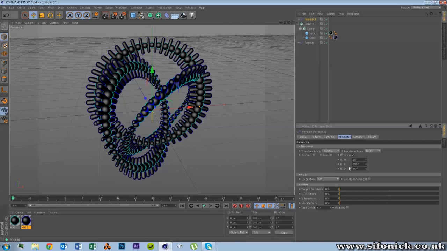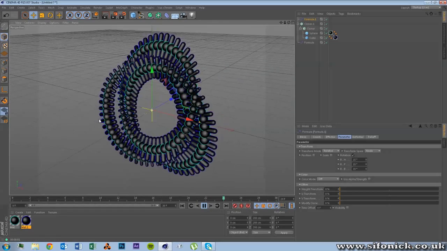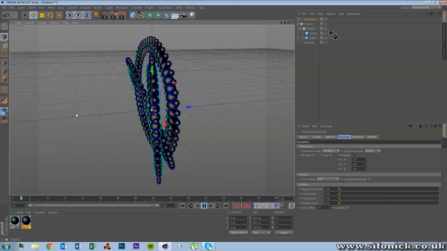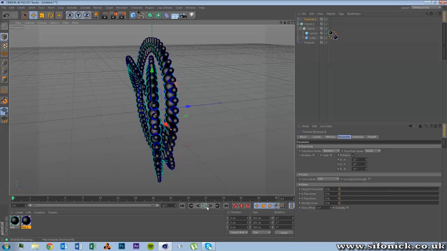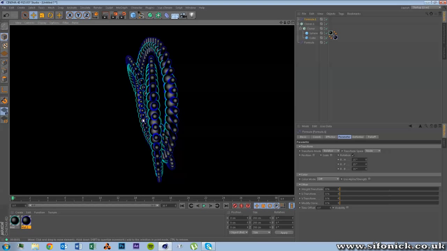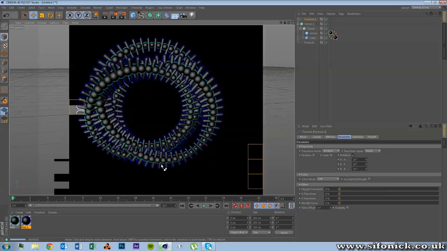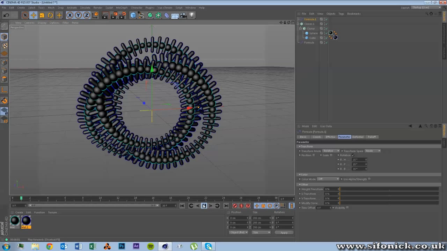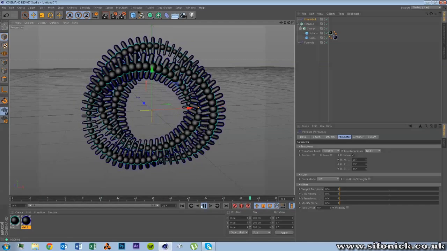Oh, it's going so quick, my apologies. And there you go. You could use that as a wheel, I guess, for a spaceship. Nice and consistent. Or use it as a backdrop for some text. Put some text in there, that would look quite nice. But the great thing about this is that it gives you an instant animation, so if you don't want to do any laborious keyframing, you can use